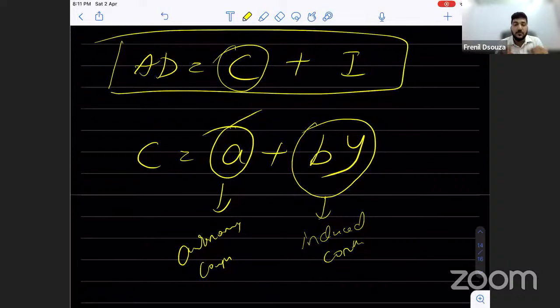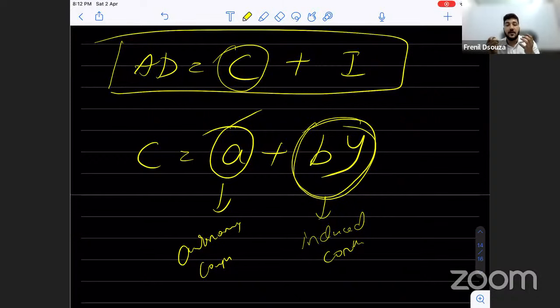The second one is induced consumption. What is induced consumption? The consumption which moves with income. Probably when you start earning, once you go into articleship, if you are a direct entry student, you would know that in your articleship you get money called a stipend. So when your stipend increases from, let us say, 5,000 to 7,500, will your spending pattern also be the same? No. For the additional income, you do additional spending, isn't it? That is what this BY is representing. That is, there is a consumption which is always induced by the additional income that you receive.